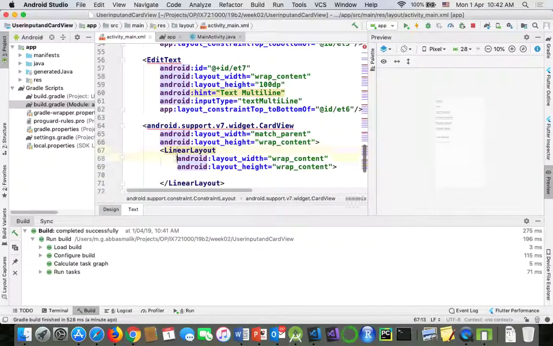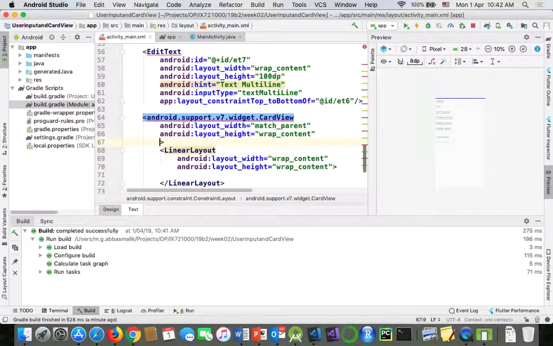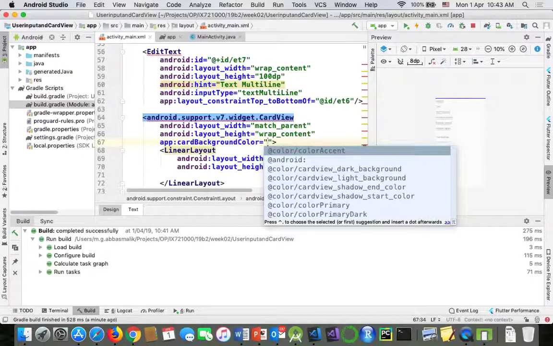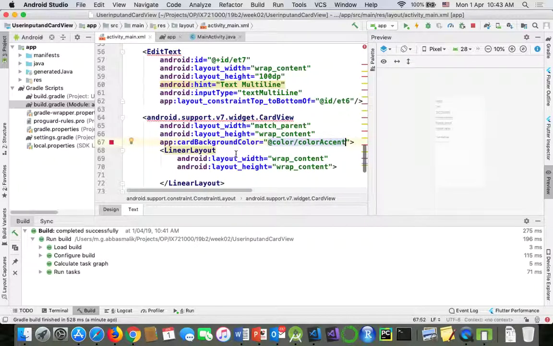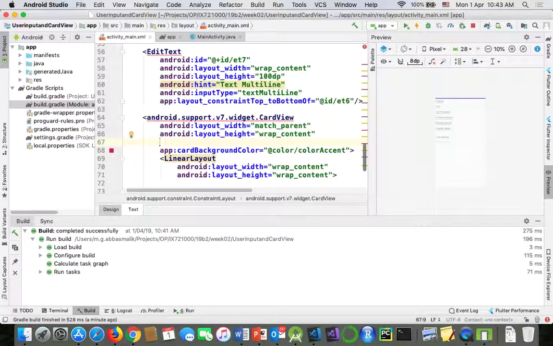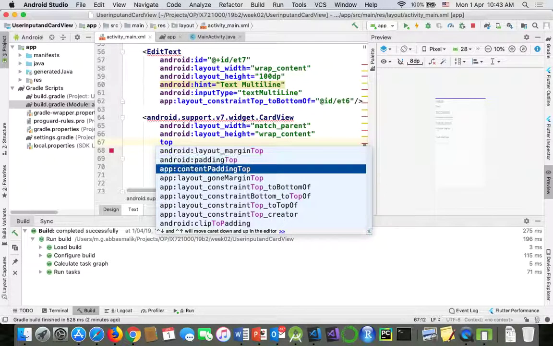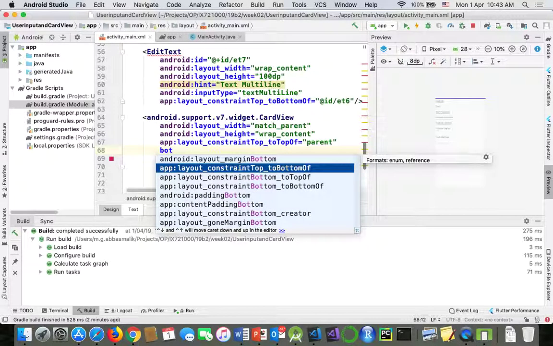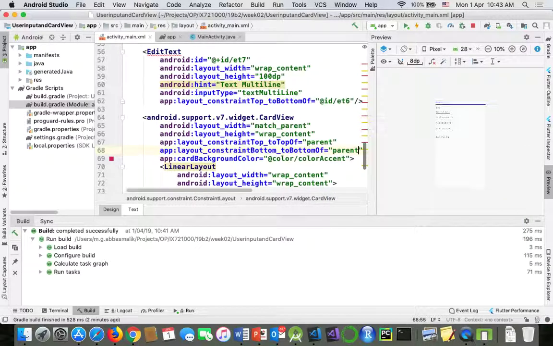Before we go into that, let me show you some properties. For example, we have card background color, card elevation, card corner radius. That will make it a little bit rounder on the edges. So if I say background color, we can select like this one. And the other thing is we need to put some constraints over here because we are in the constraint layout. I'm putting top to the parent, bottom to the parent,